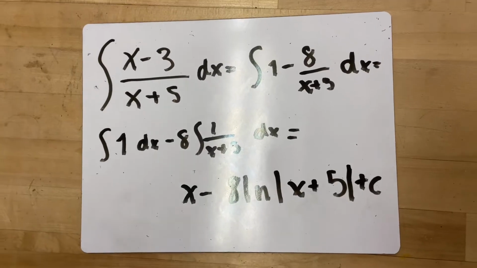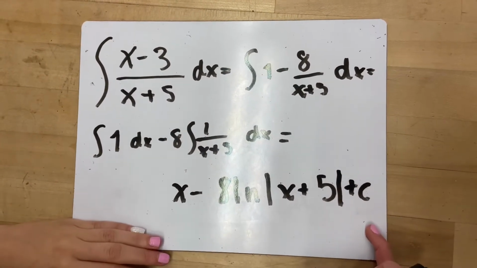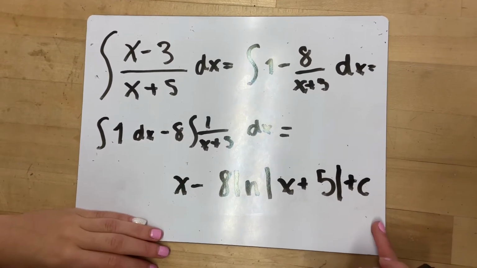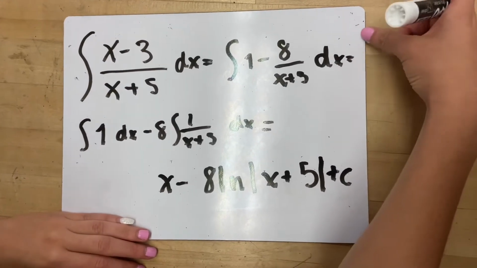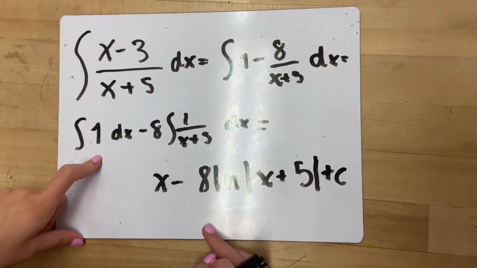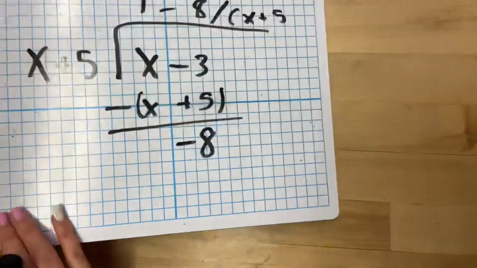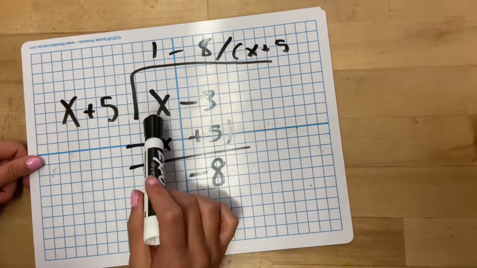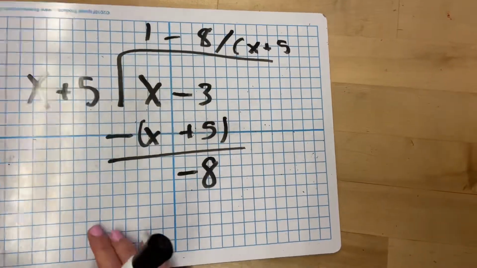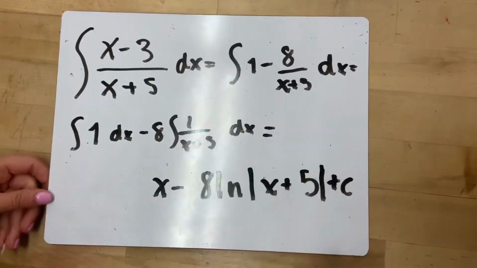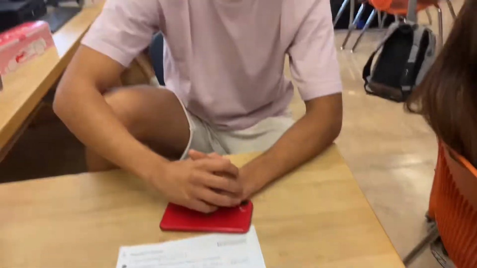Third of my formulas is called long division. Here, you can see that we ended up with the same exact answer as the last one, and that is because both formulas work equally as well. The way I got to the integral of 1 minus 8 times the integral of 1 over x plus 5 is different though. All I did here was divide x minus 3 by x plus 5, and I got the answer to that. Then all I had to do was integrate that answer, and I received the same exact results.